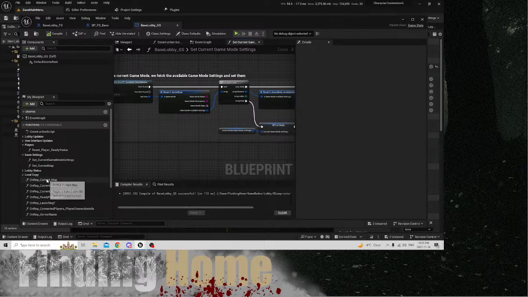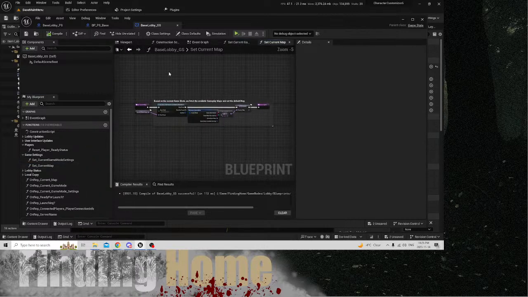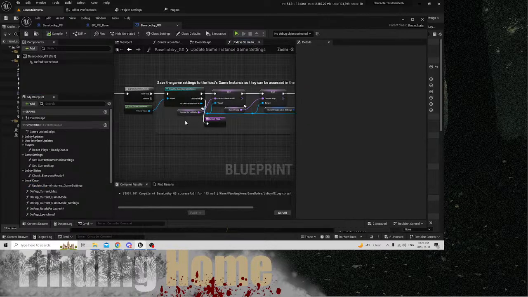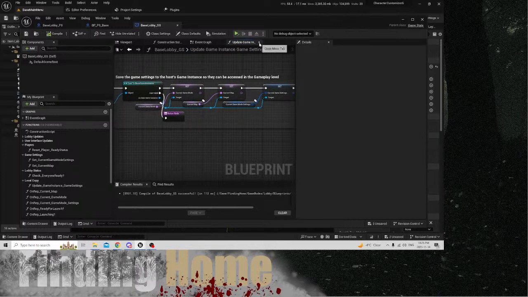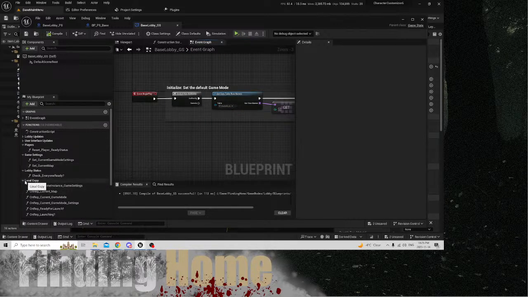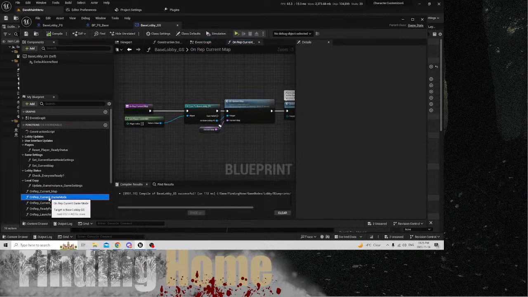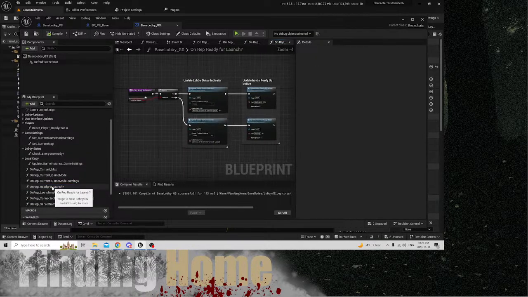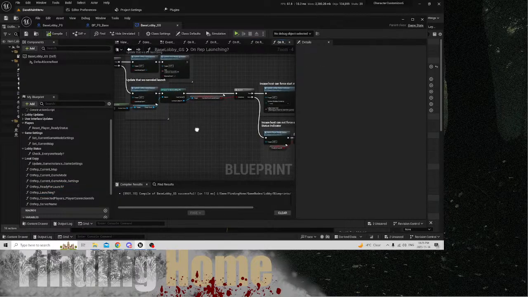Nope, nothing. That was current game settings, current map. Nope. Is everybody ready? Nope. Local copy. That's the game instance. These are on reps, so these shouldn't have player states. Maybe it's base. This is on rep map,